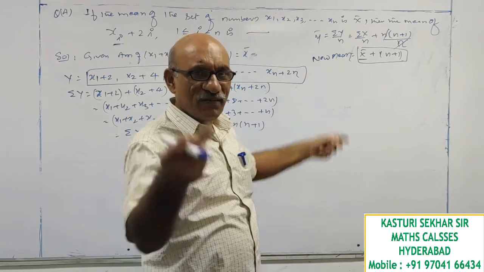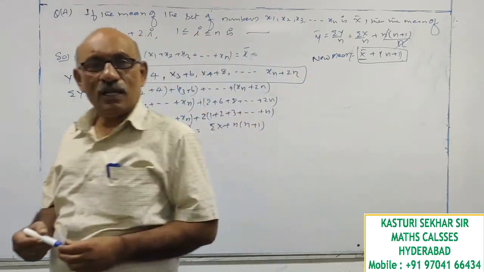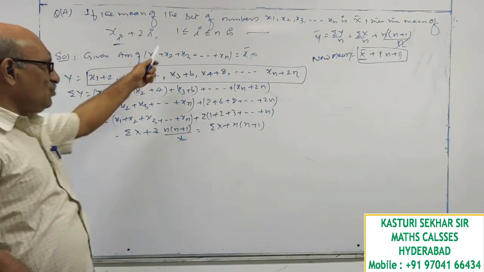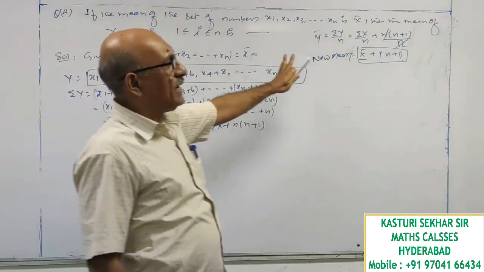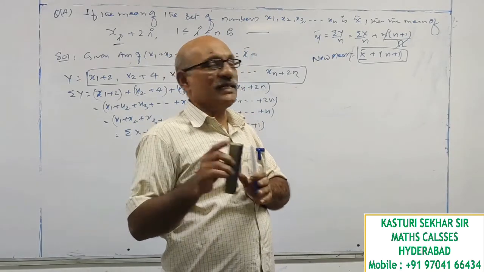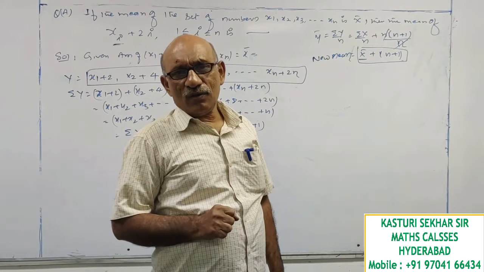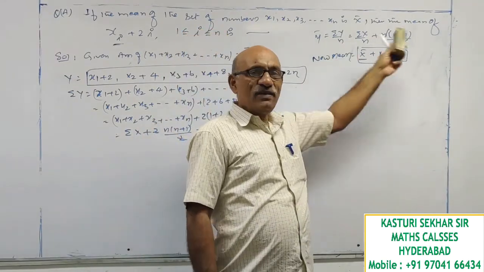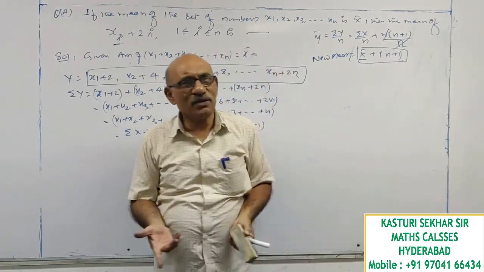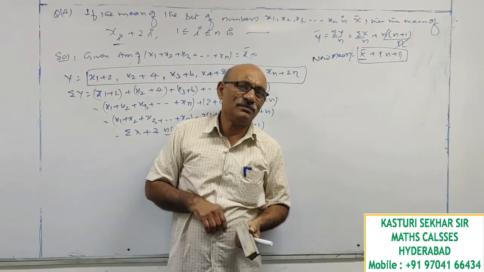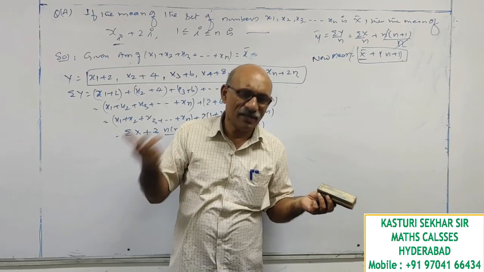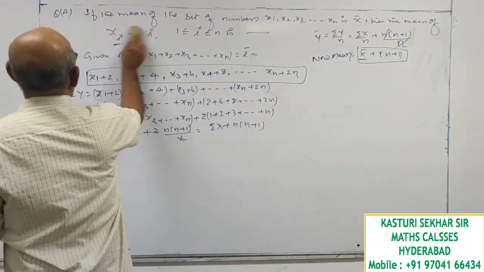If it is over, then I'll move to the next one, where I'll add odd numbers, and we will get the answer in one second. I'll do it this way, in descriptive mode only, so that you will get the concept properly. But at the end of the question, after understanding the concept, what you have to remember is: when even numbers are added, the even numbers' mean has to be added. When odd numbers are added, the odd numbers' mean has to be added. When natural numbers are added, the natural numbers' mean is added. Okay, is it clear? Let's see question number 5.